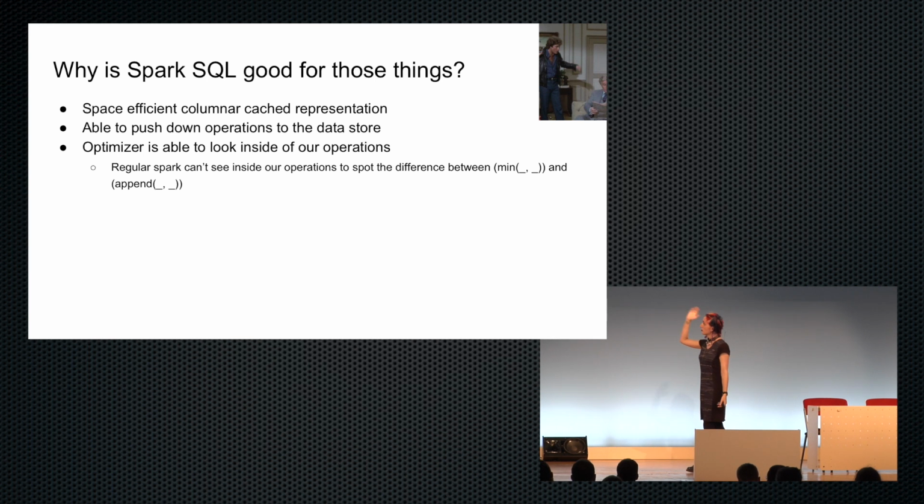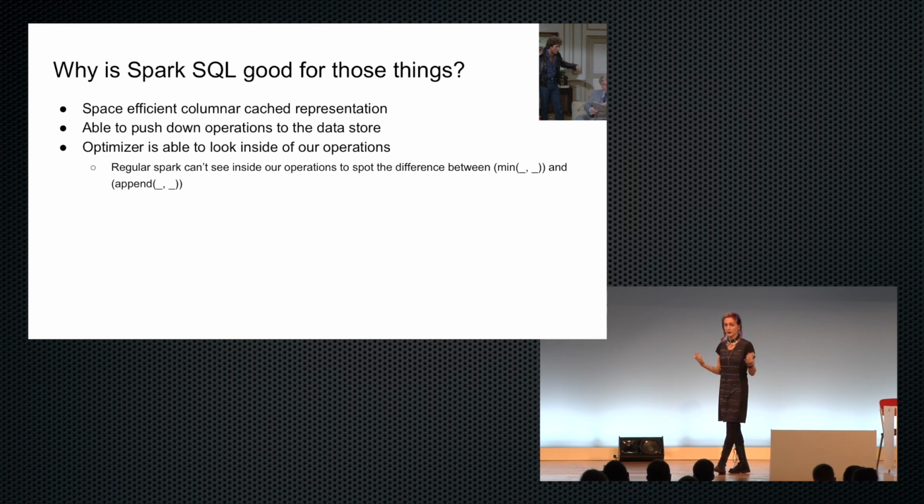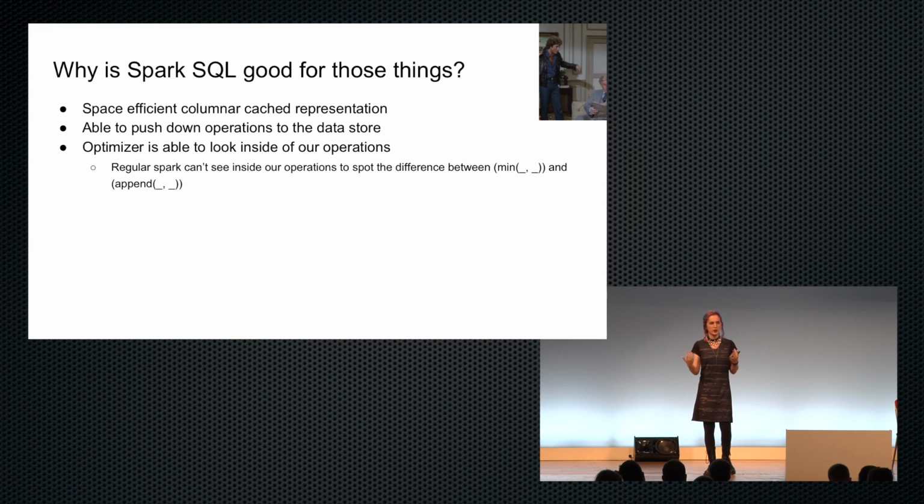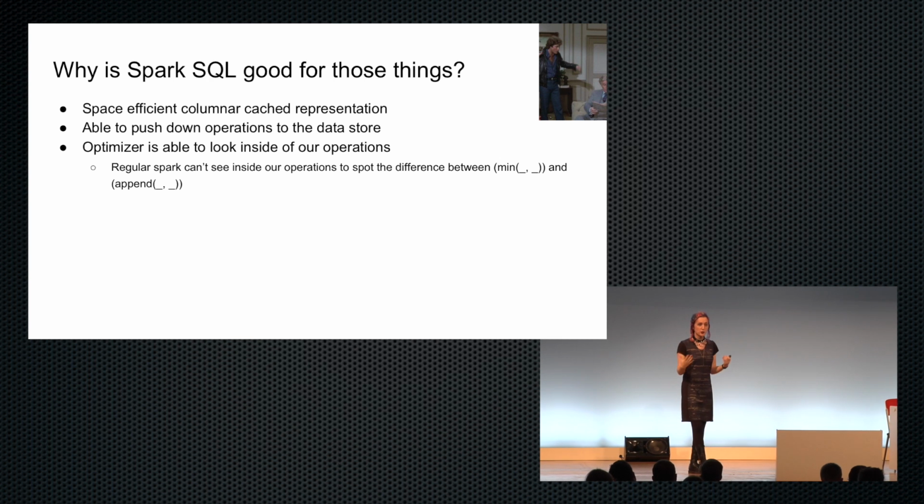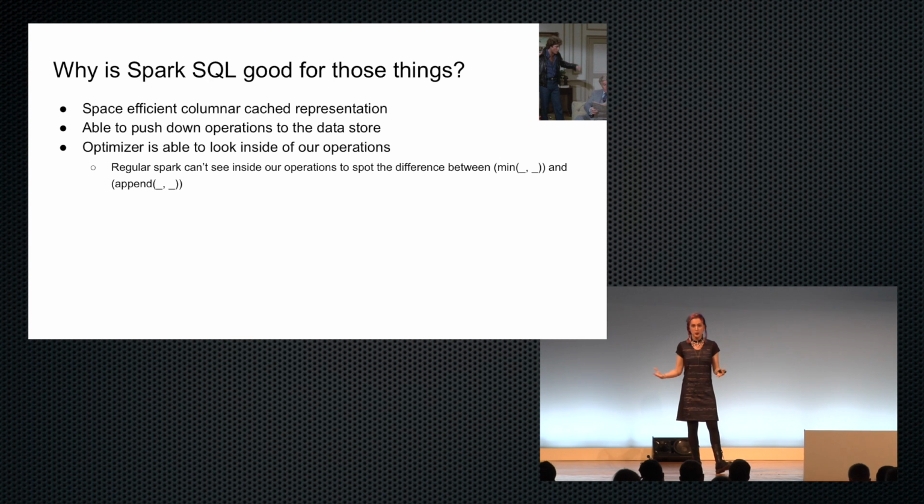And really, the more awesome thing that makes Spark SQL really fast is it can tell the difference between what we're asking it to do. In most of Spark, we're giving it arbitrary Scala lambda expressions, and right now Spark just treats those as sort of arbitrary blobs and doesn't do any introspection on them. But with Spark SQL, we provide it with these typed SQL expressions, and it's actually able to look at them, figure out what we're asking it to do, and do intelligent optimizations.